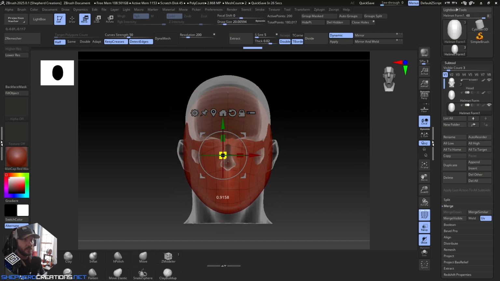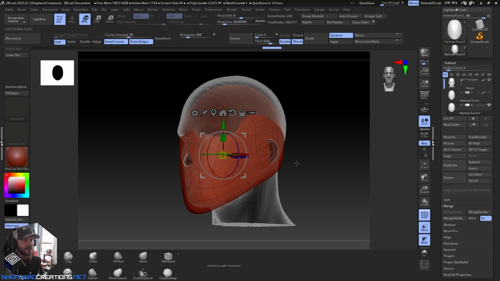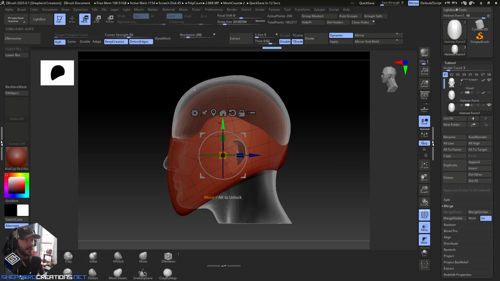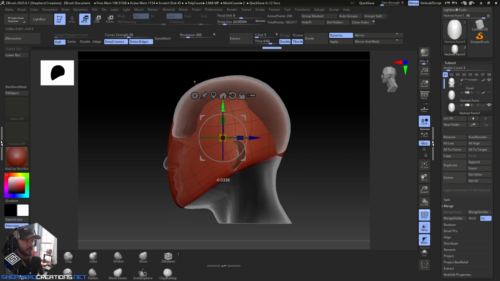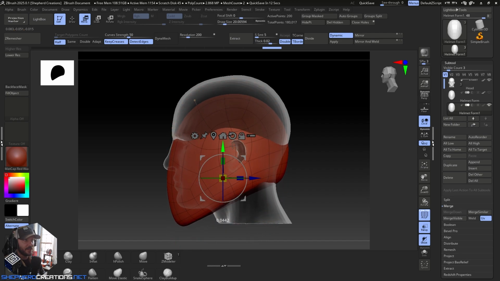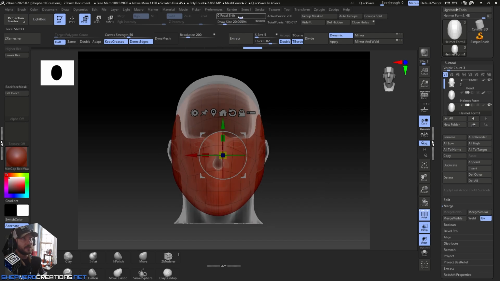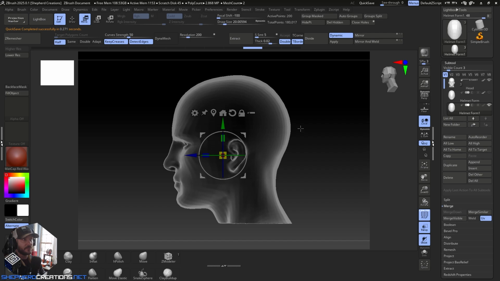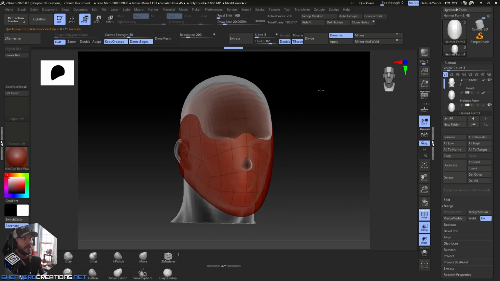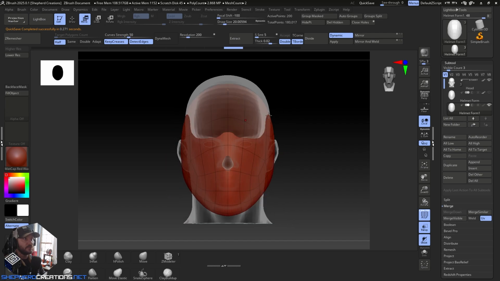You see what it's doing there? It's scaling up. Now, if you get to the point where you're like, oh, it's getting too wide on the right, so I want to scale it up that way, see where my chin is. I can grab the arrow here. You see how when I manipulate it, it distorts the object? So what we're going to do is turn down focal shift. Whenever you're moving an object for the first time and you're using the move tool,